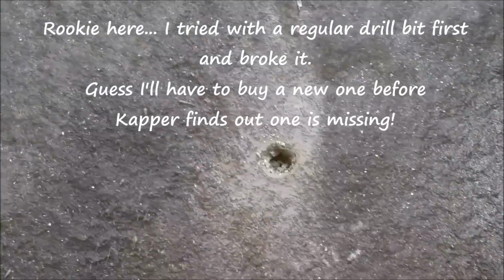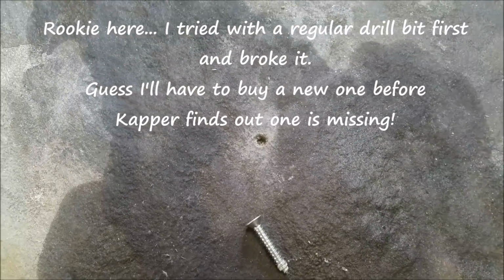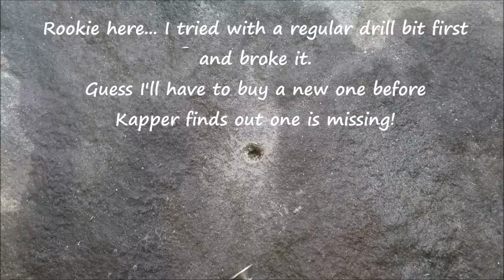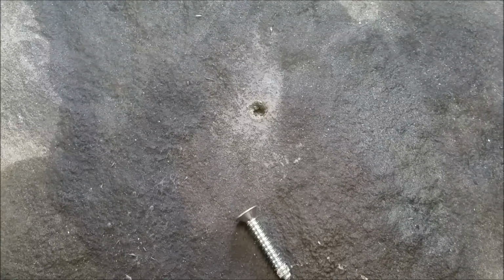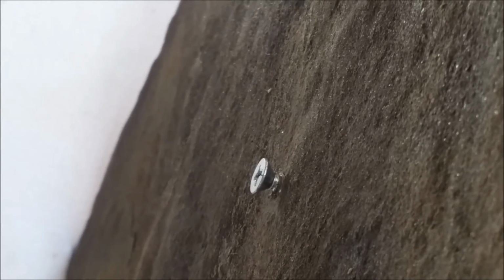Alright, well I used a concrete bit to just get through the rock part of it. That's why it's all dark there, because I put a little water on it. And then I just drilled into that plywood just about 1/4 of an inch more. So I'm going to screw in that, and it needs to stick out about 1/4 of an inch. Alright, so I screwed it in by hand. I didn't think anything was going to break, but just a little paranoid yet. But as you can see, it's sticking out that 1/4 of an inch that I need to hook the deer